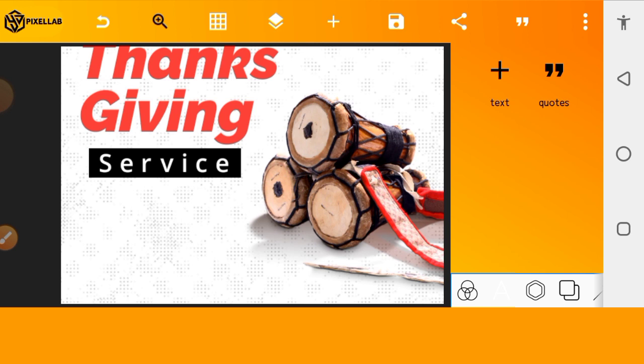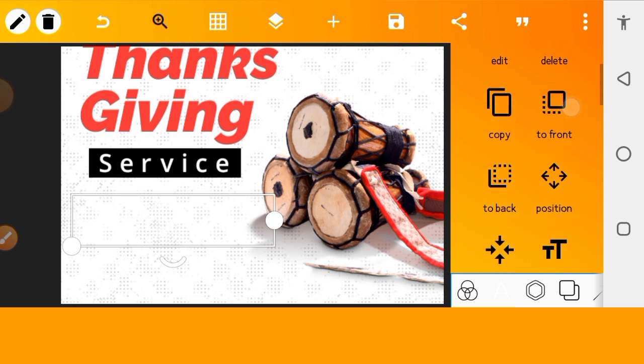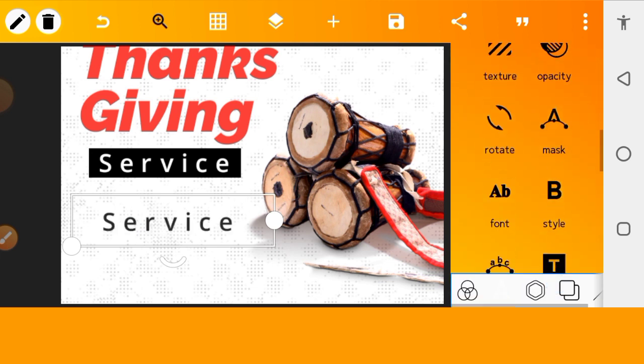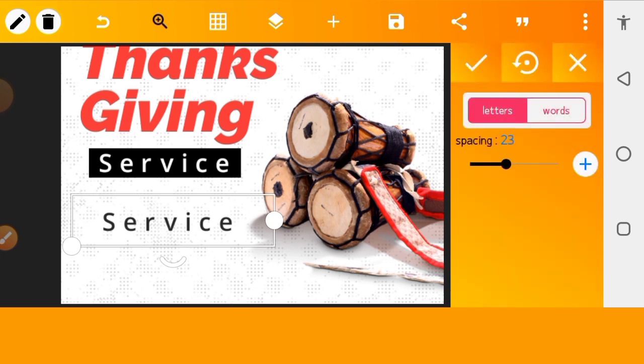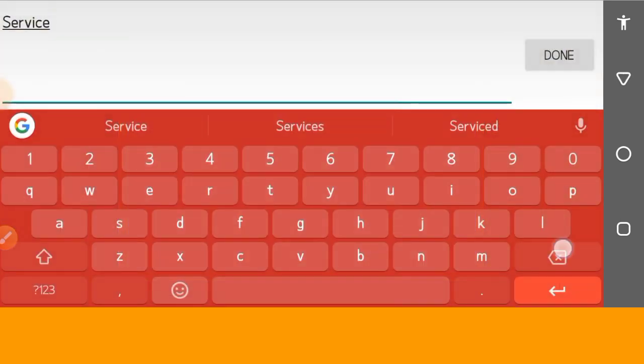The next thing we need to add is the other text. To do that, just copy the service text, change the color of the text to pure black. For this we are going to remove the spacing we just added, to around 0. Make it 0. For this text we are going to edit it. We are going to call this special